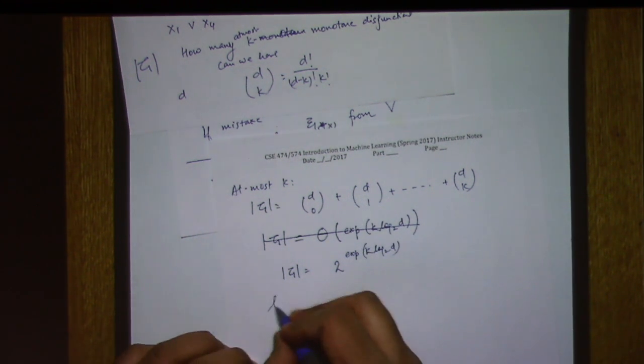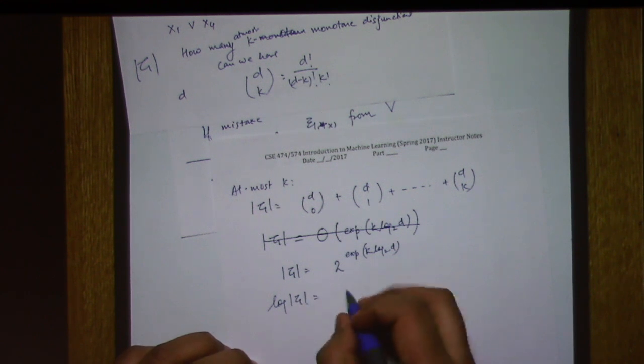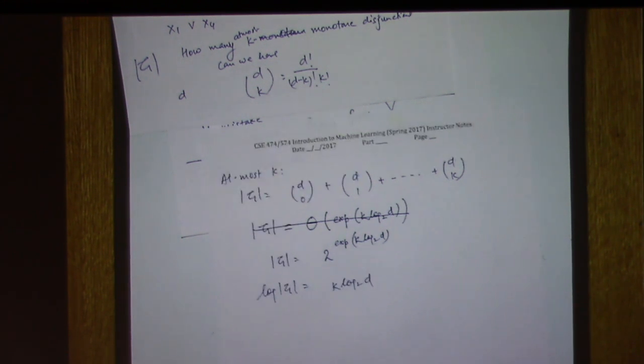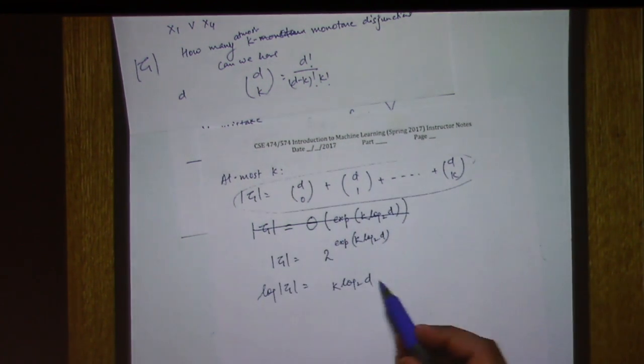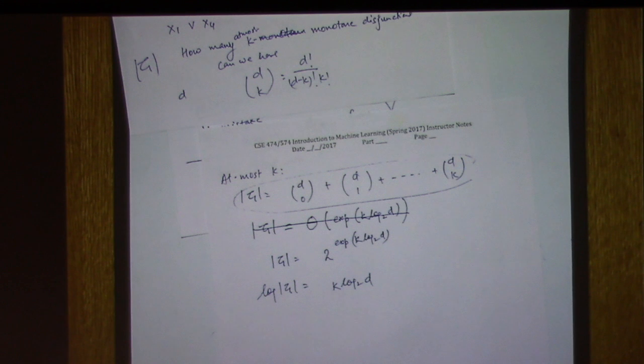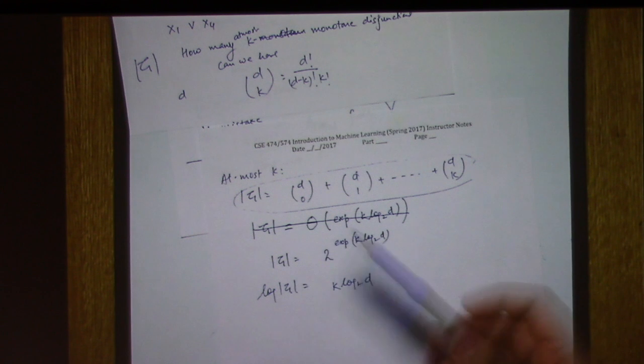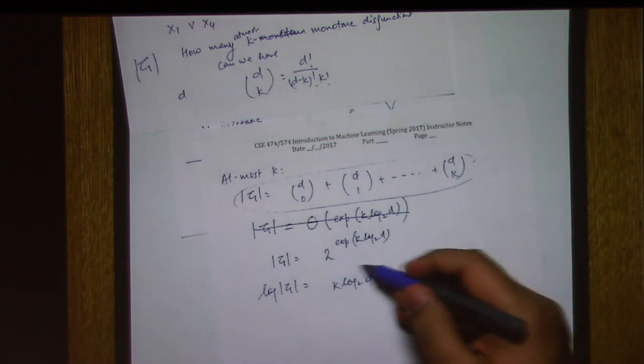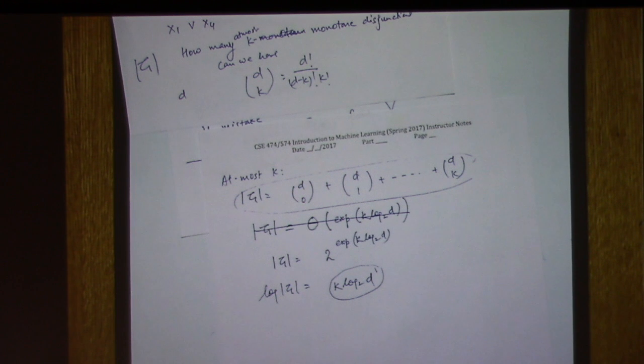Or you can say that log of C is equal to k log 2D. This is just computing this and writing it in a compact form, right? So what you can quickly see is that if you apply your halving algorithm to learn these kinds of concepts, you will make this many mistakes because it's log of that, right? So that is the worst case complexity of the halving algorithm on this type of